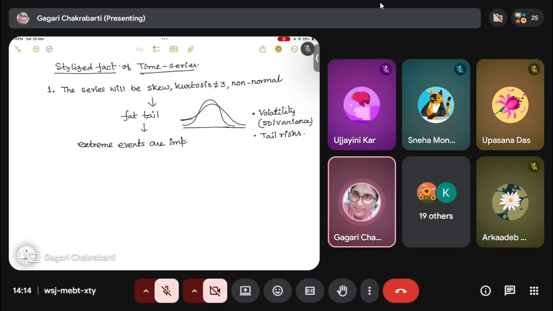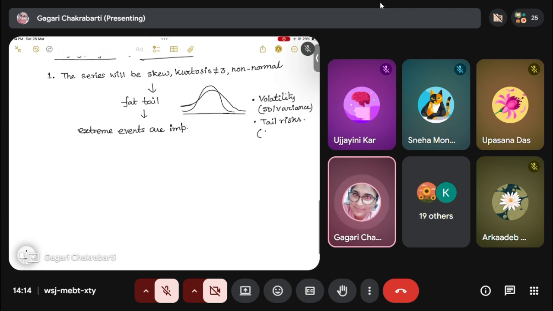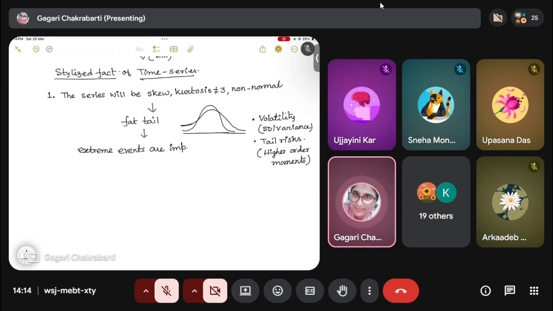Because there will be extreme events, and during these events, the risk will be much, much higher than what is suggested by standard deviation or the variance. সেই জন্য tail risks are very, very important, and these are measured by the higher order moments. কেমন? তো সেই জন্যে আমরা শুধু আমাদের ক্লাসে শুধু এসডি বা ভেরিয়েন্স পড়বো না, আমরা টেল রিস্কটাও পড়বো, বিকজ টেল রিস্কস আর এমবেডেড ইন দ্য ফাইন্যান্সিয়াল টাইম সিরিজ অ্যাজ গিভেন বাই ইটস স্টাইলাইজড ফ্যাক্ট। এটা হলো প্রথমটা।